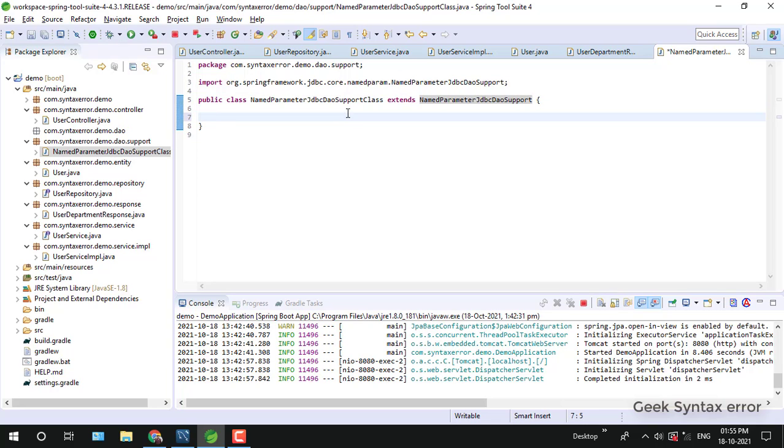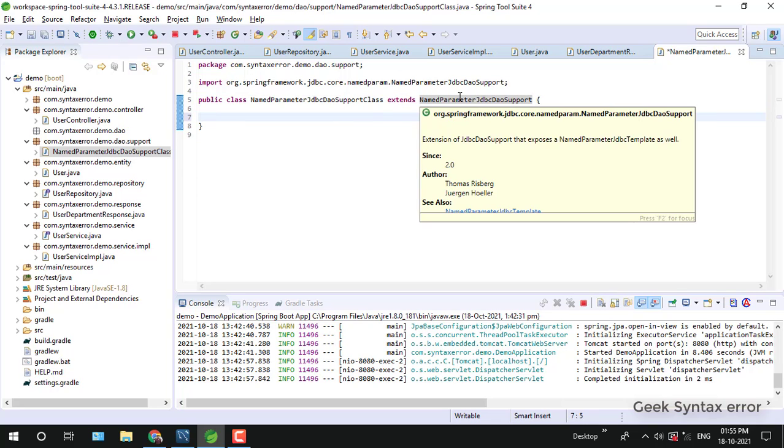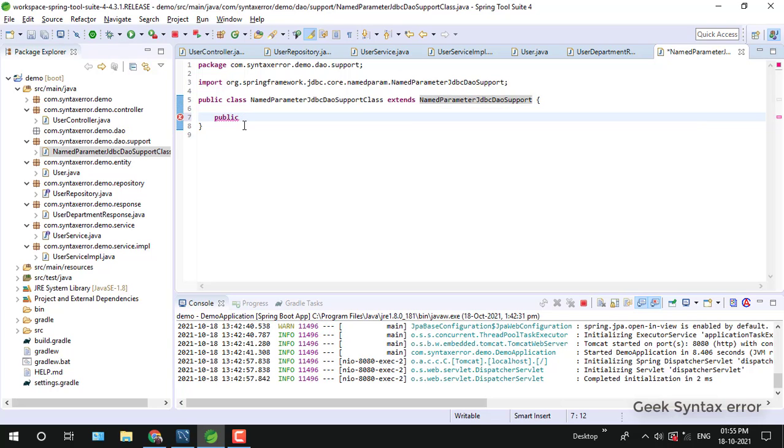For the class, I'm just passing the data source object. I need to pass the data source object there. So the rest, everything this JdbcDaoSupport class will take care of. So I'll just pass the data source to it. Public void setDataSource. Because the setDataSource method is already written in the parent class, I don't want to override that. So I just give a different name, setDataSource3. I'm just passing a data source object to it.